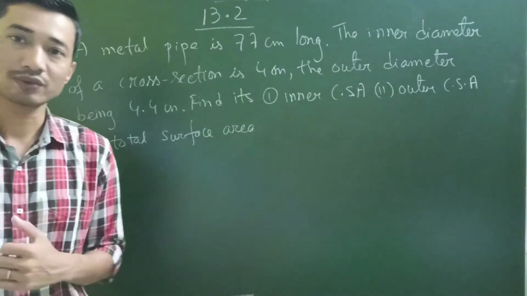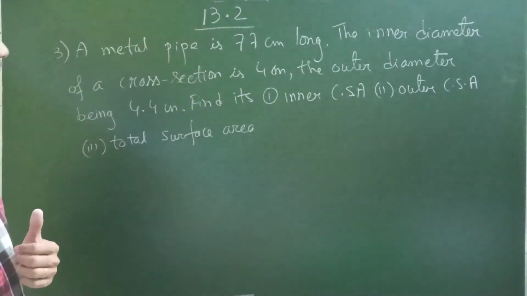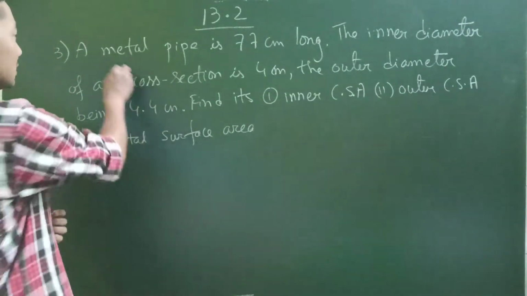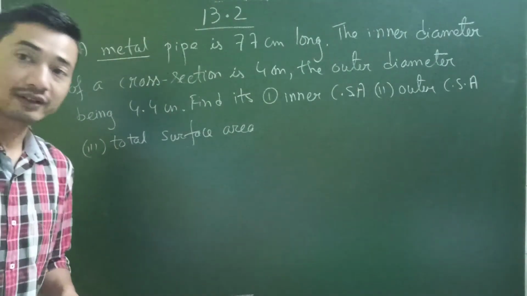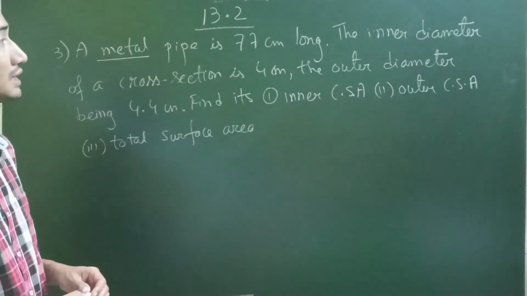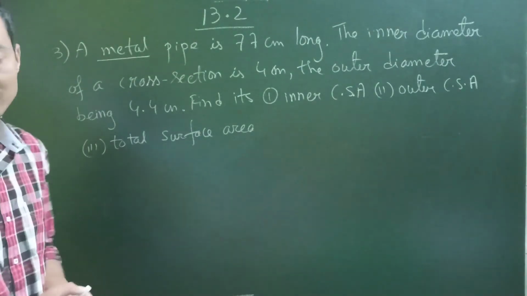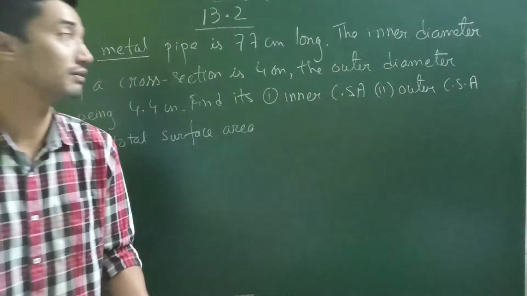I've written the question for you also, that is a metal pipe. So let's not forget this metal. A metal pipe, maybe iron. A metal pipe is 77 centimeter long. So as I told in the first video,